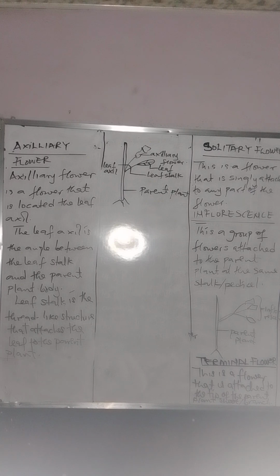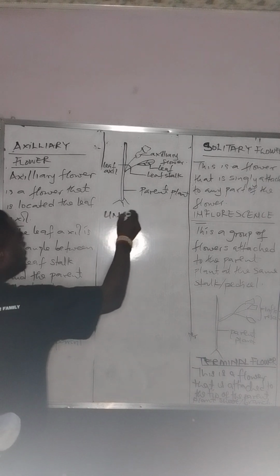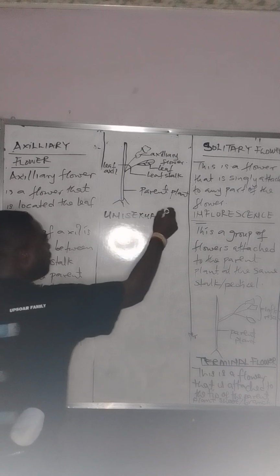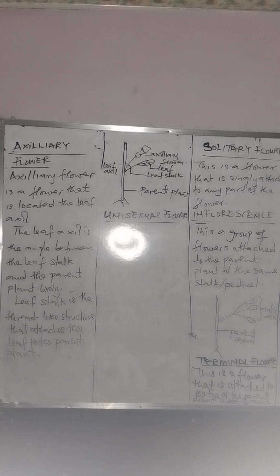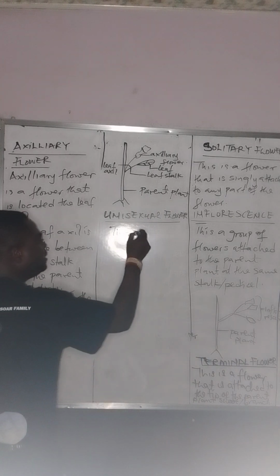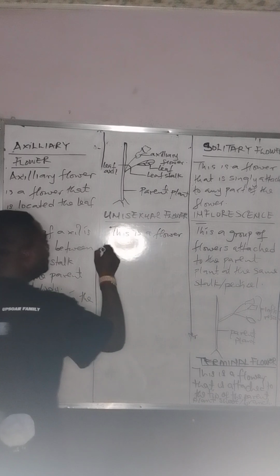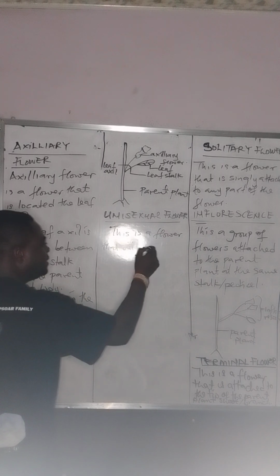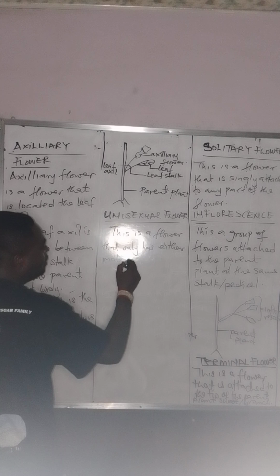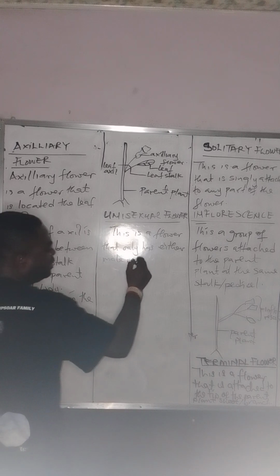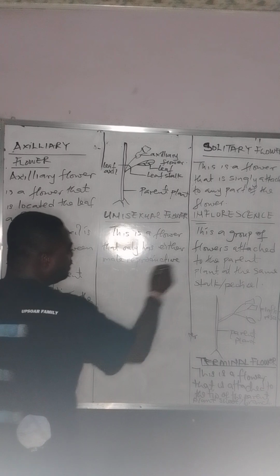Now, apart from that, we have the unisexual flower. A unisexual flower is a flower that has only a male or female reproductive structure. So this is a flower that only has either the male reproductive structure